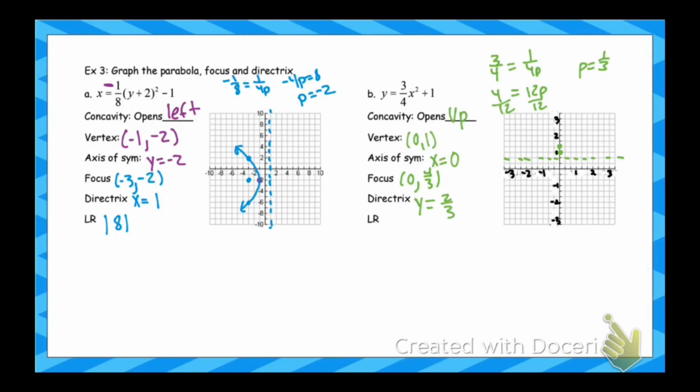And then the two endpoints of that parabola, so the total distance, that 4 p-value, would be 4/3, which means I'm moving 2/3 on each side of my focus. So that's 2 lines on each side away from that focus point. And there's our parabola. All right, so that's it for focus and